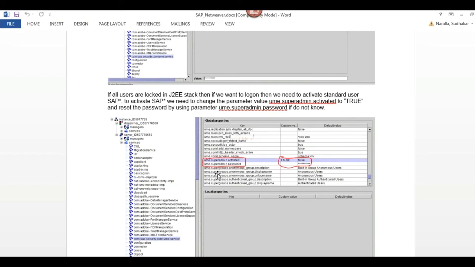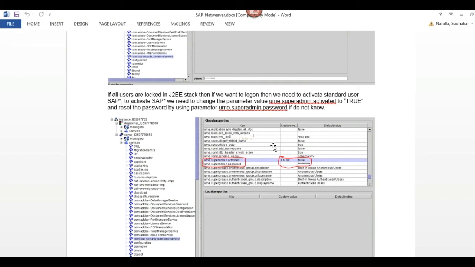So we can activate the super admin user and set the password for it, and using that username and password we can log in to the NWA, NetWeaver Administrator tool, and there we can reset our J2EE admin username passwords.